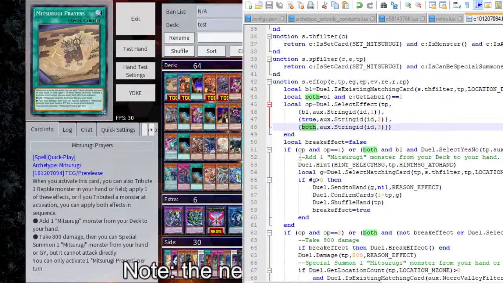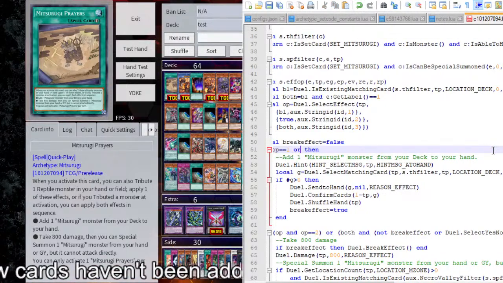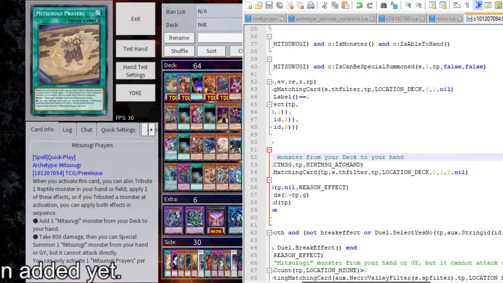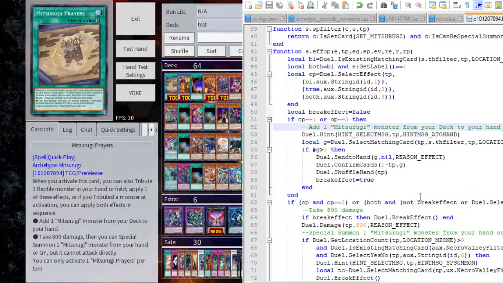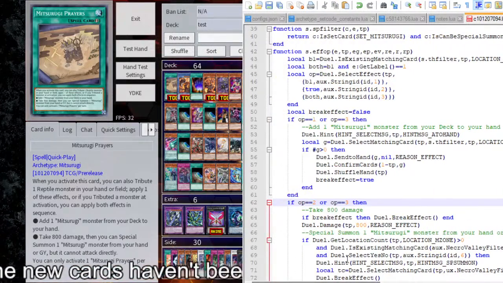Okay, so you're gonna do if OP is 1 or it's 3, so you're either playing the first one or you're playing both. You do the search. Perfect. And then here, if OP is 2 or OP is 3. So again, if you're playing the second one only, or you're playing both,